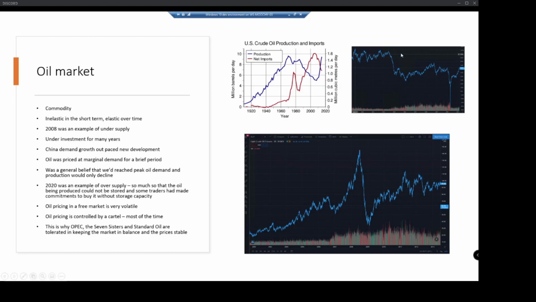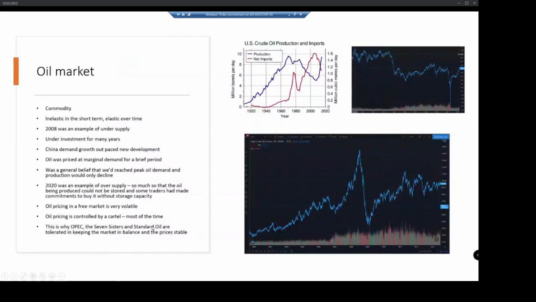We're better off having $60 a barrel, which is why OPEC is the current cartel that maintains the oil price. Prior to them, they had what's called the Seven Sisters, which were Exxon, Chevron, and their ancestors. They've kind of merged over time. And most of those ancestors came from Standard Oil, which was the big conglomerate. And Standard Oil was actually managing the price of oil for a very, very long time, until they got broken up in the early 1900s.